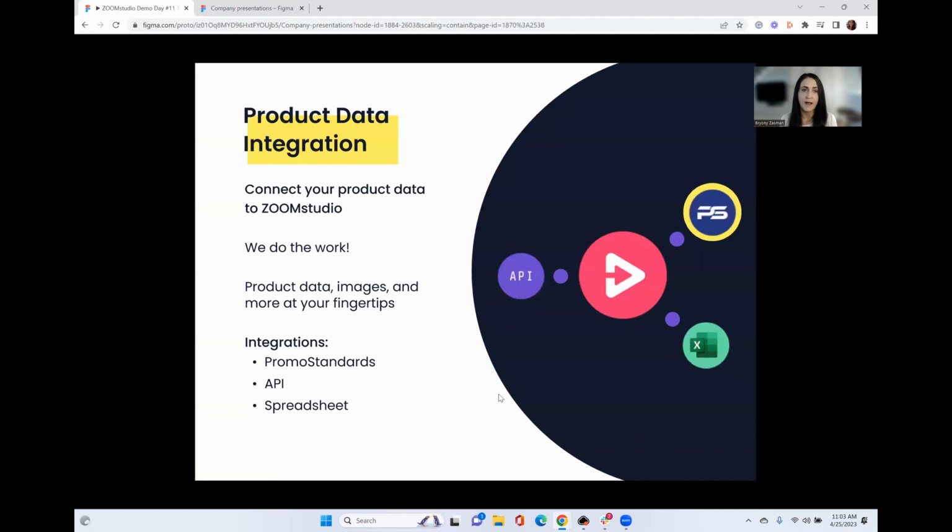And the first one I want to talk about is the heart of ZOOMstudio, and that is your product data. We connect to your product data and power your own ZOOMstudio so that users can find your products and create with confidence. One of the biggest challenges with creating catalogs and presentations in a tool like Illustrator